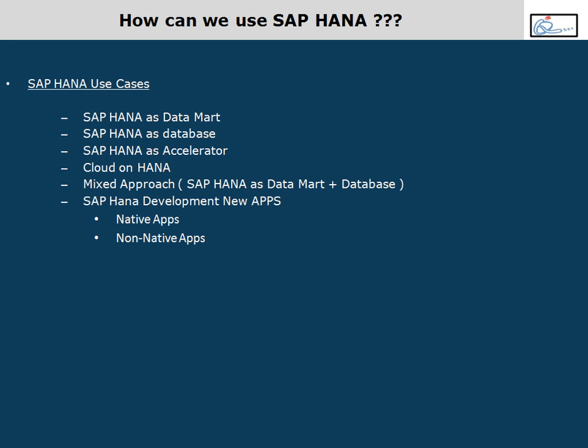Just like we've been using BW Accelerator to accelerate report query performance, in the same way I can use HANA as a backend for any application to speed up its performance. So what I understand is, this requirement would be very rare. Out of 100 projects, there might be one project with HANA native development. Very, very rare. You find it only when some companies are doing research and try to develop their own product, and then they want to sell it to SAP. That's where you find this kind of work developing your own native applications.